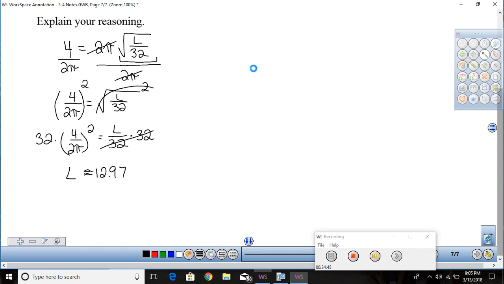So the only thing that's going to change is the seconds here, right? So technically we already have an equation. We just need to change the seconds, which was this 4. So I've got 32 times 2 seconds over 2 pi squared. So the length for this one is 3.24. So if I doubled this, that is definitely not 12.97. So the answer would be